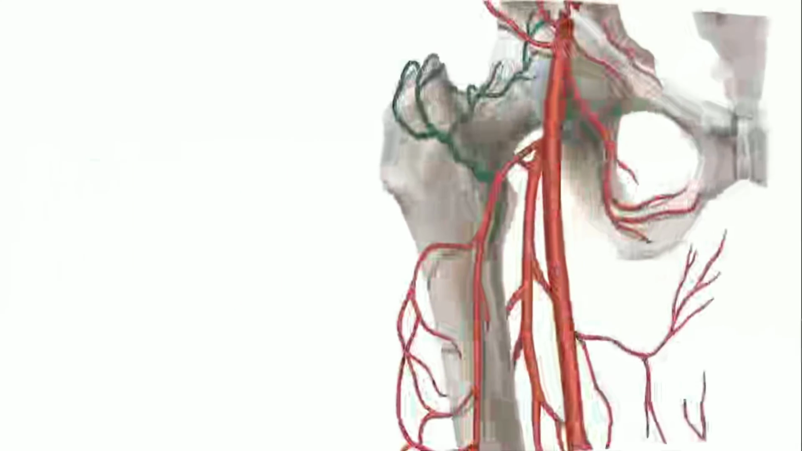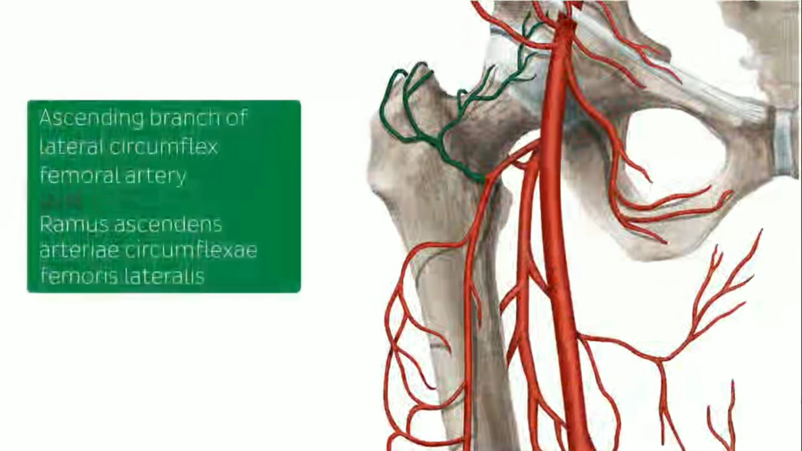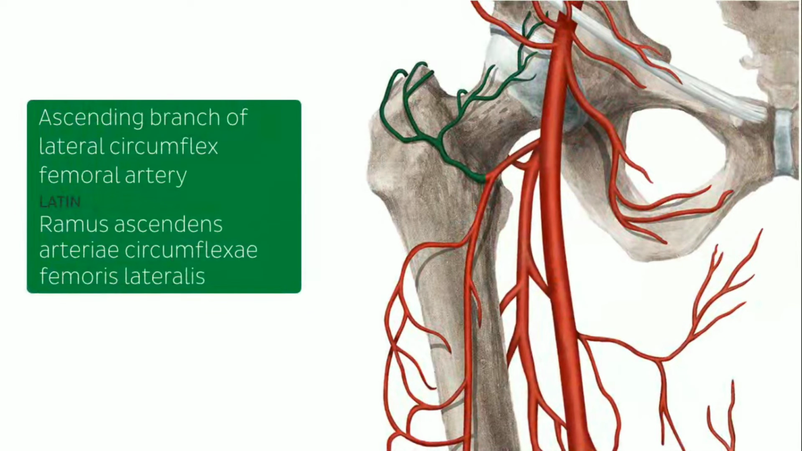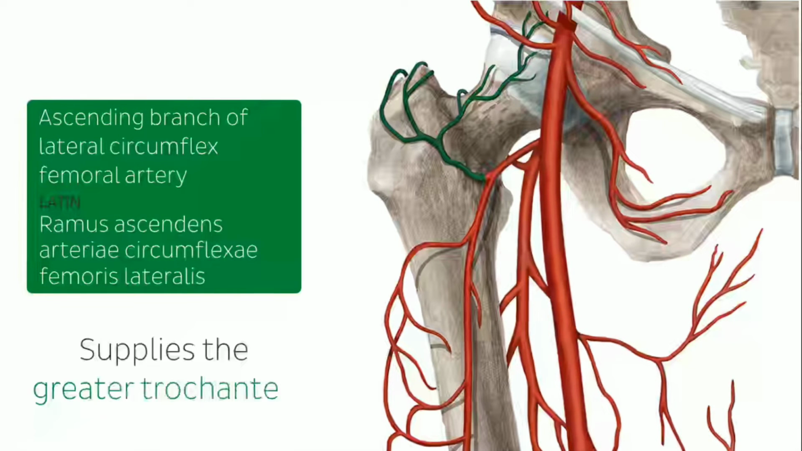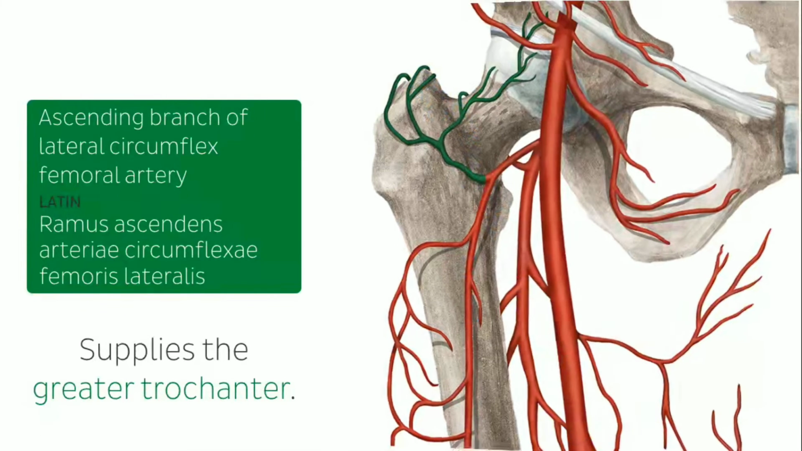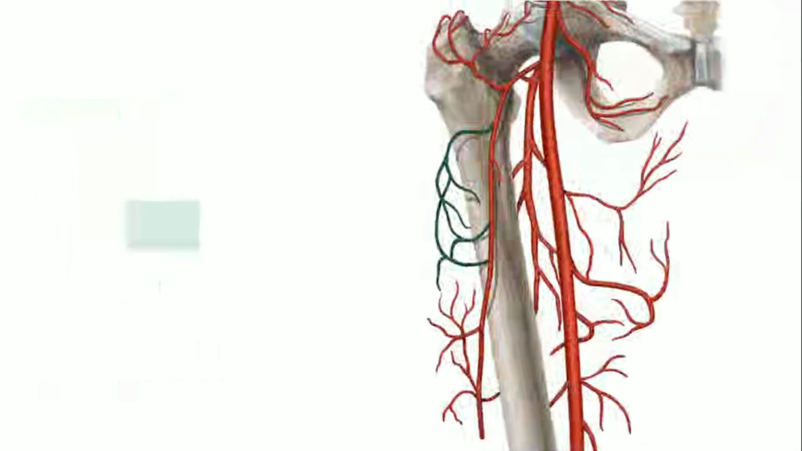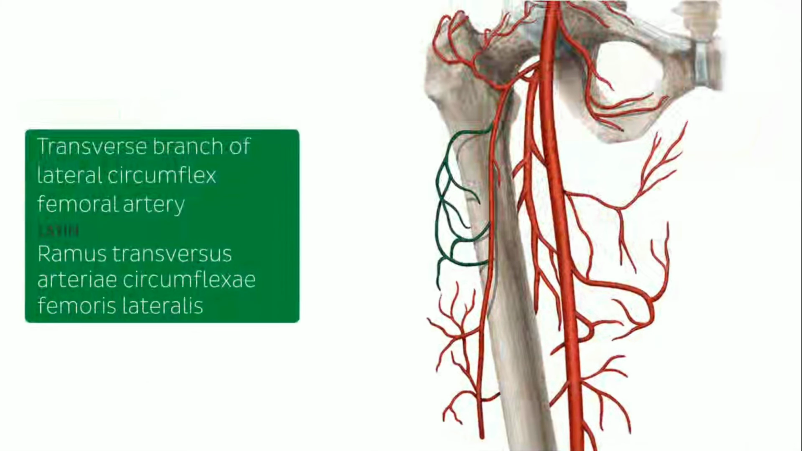Here we can see the ascending branch of the lateral circumflex femoral artery. This branch ascends along the intertrochanteric line of the femur and supplies the greater trochanter, which is this bony landmark here. The transverse branch arises laterally and travels superficial to the vastus intermedius muscle. It then pierces the vastus lateralis before it anastomoses with the smaller arterial branches of the lateral surface of the